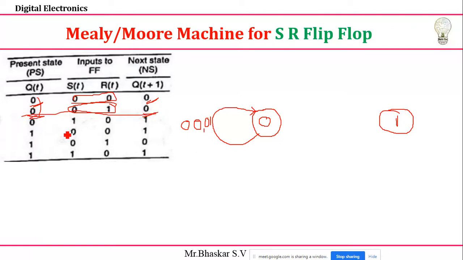Okay, now we try for these two conditions over. I shall go for this condition. See, the present state value is 0. It will move to the next state, 0 to 1. See that? 0 to 1. So what is the condition? What do I need to write here? What is the input condition? It is moving from 0 to 1.